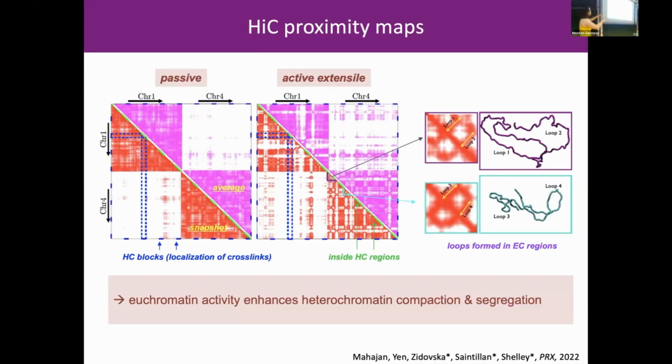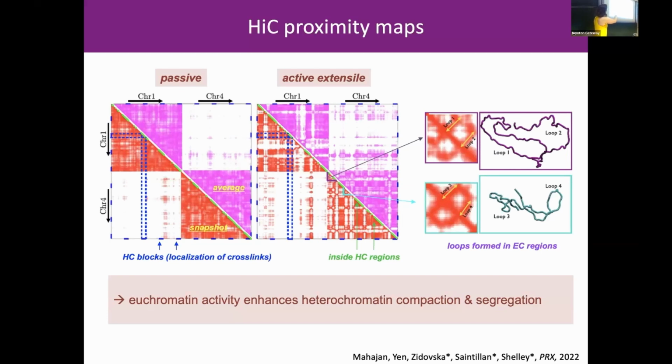Long story short, let me explain, what does it mean? If this is the 1D linear sequence of my chromosome 1, and here behind it I just added chromosome 4, and I plotted here again against chromosome 1 and chromosome 4. So what I'm plotting here, the color, the intensity, corresponds to the contact probability that this guy and this guy are physically found in space together. And now